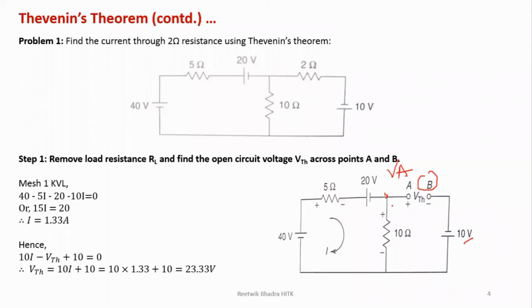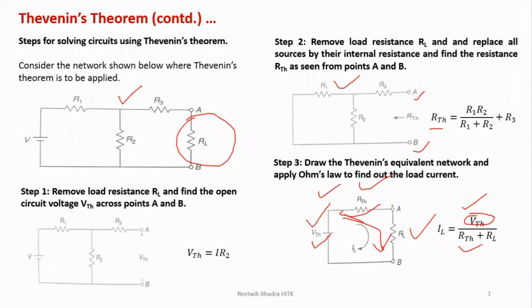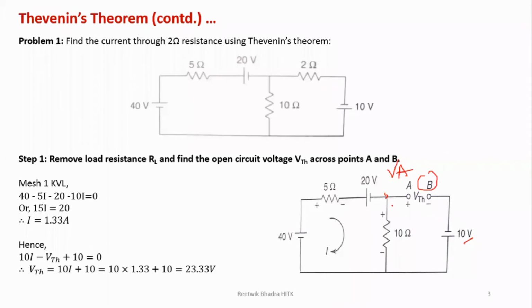Yes, the other person was saying something else. Anyone? Okay, I hope you have understood how to find out VTH. For every circuit, the VTH is different, but the main idea is the same. You have to remove the load resistance and find out the potential drop across those 2 points. How you do it depends upon what you are using. You can apply node, you can apply mesh, whatever you want. You might have heard about another theorem, maybe taught later, superposition. You can apply superposition also. But I generally go by this procedure, so I have shown you this one.